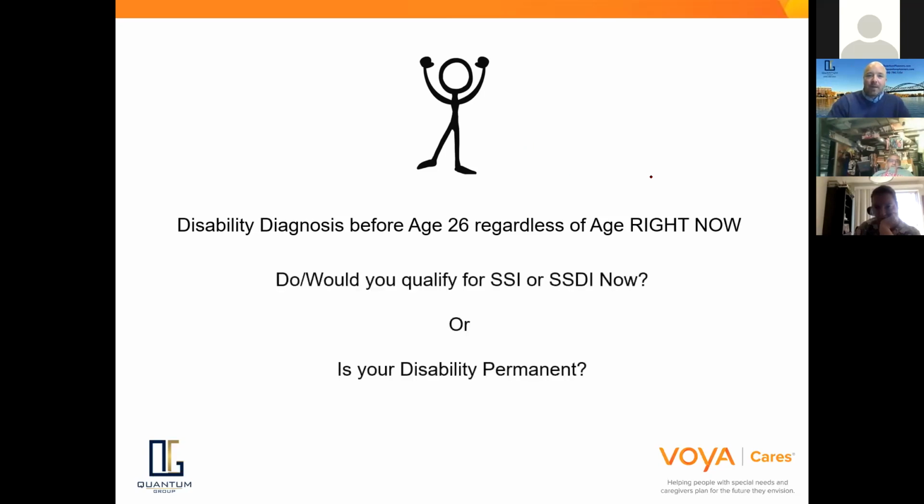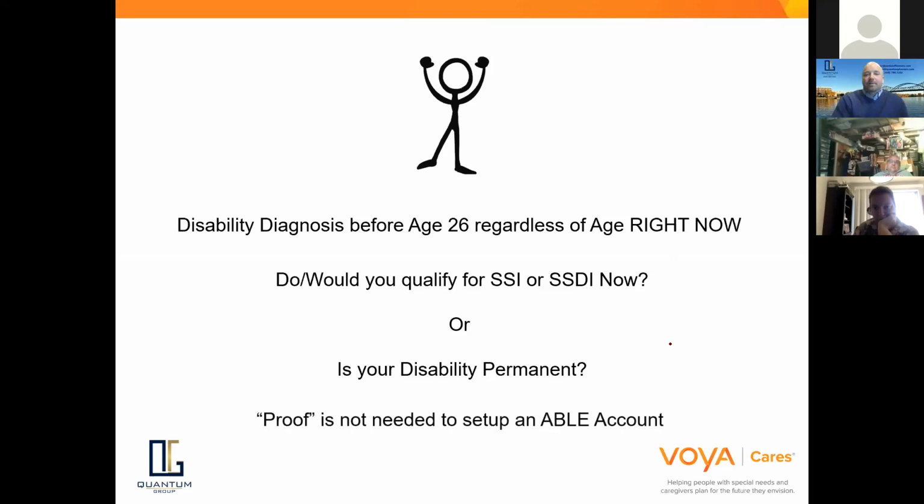So next would be: do you qualify for SSI, the severity of disability option, or SSDI right now, or is your disability permanent or expected to last more than a year? So there's part number one, hopefully explained a little bit better, and part number two, hopefully explained a little bit better. The last part that's very important to understand, and we talked about doctor's notes and a doctor's diagnosis and documentation and that type of stuff,